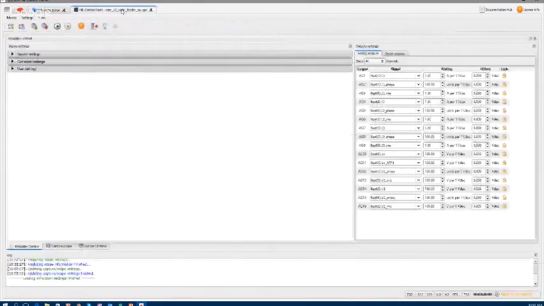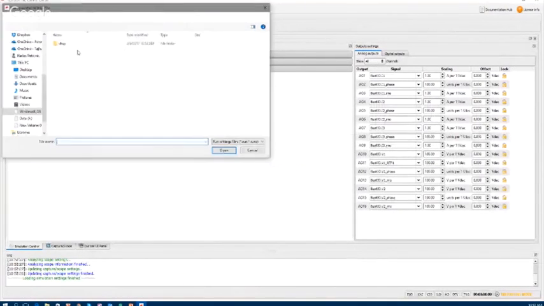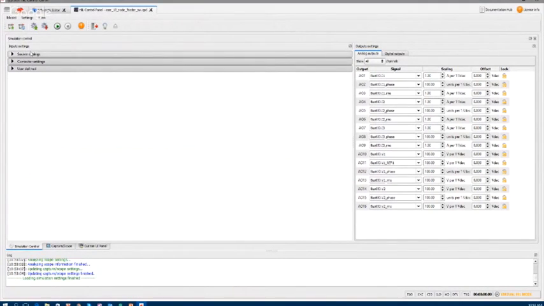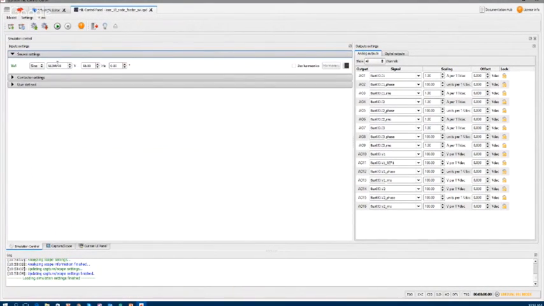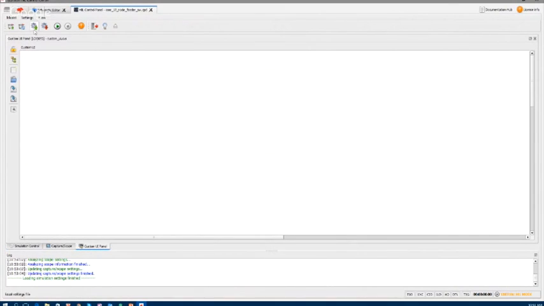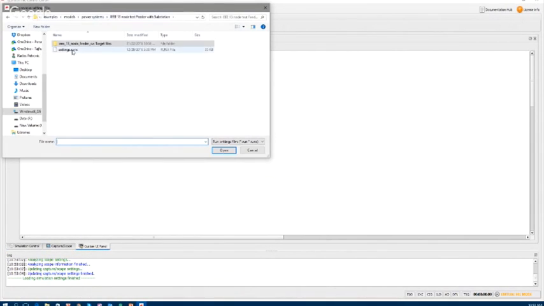So let's go here. We can load the settings. Every example in our system comes with predefined settings, which includes the setting of sources. So this is the grid voltage, the grid frequency, etc. And of course, every one of these models that we are running comes with a UI file.